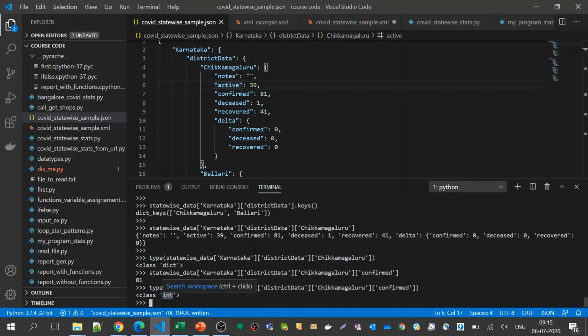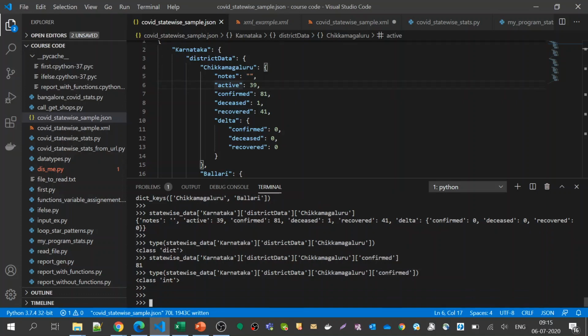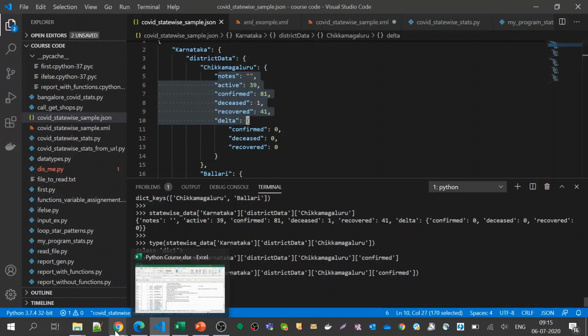This is not a map. That means the program you have to write must first look at all the data inside the states, I will show you how to do that, then district data, and finally you need to reach the confirmed level. That means you have level 1, level 2, level 3, and then at level 4 you have the actual data.